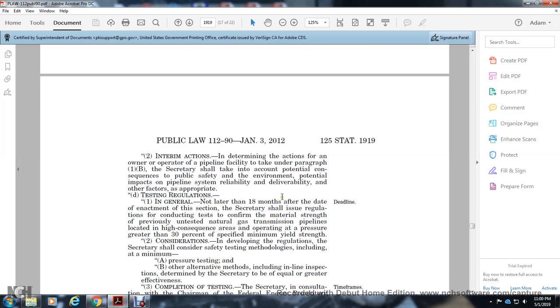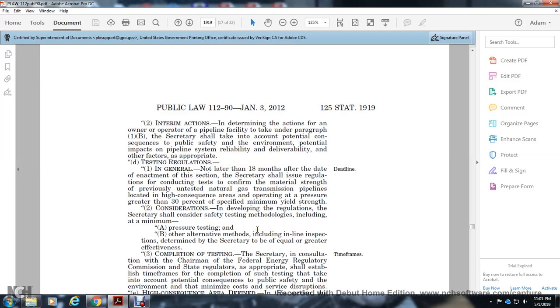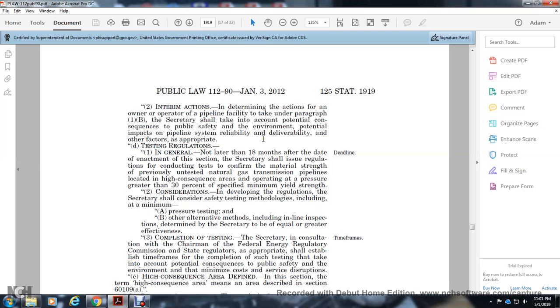In general, no later than 18 months after the date of enactment of this section, the Secretary shall require the conducting of tests to confirm the material strength of previously untested natural gas transmission pipelines located in high consequence areas operating at pressure over 30% of the specified minimum yield strength. In developing regulations, the Secretary shall consider the safety of the testing methodology, including minimum pressure testing and alternative methods, including inline inspection, determined by the Secretary to be of equal or greater effectiveness,